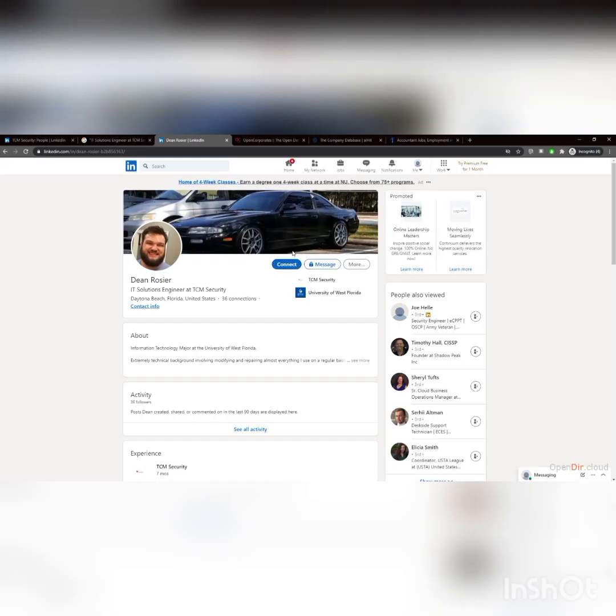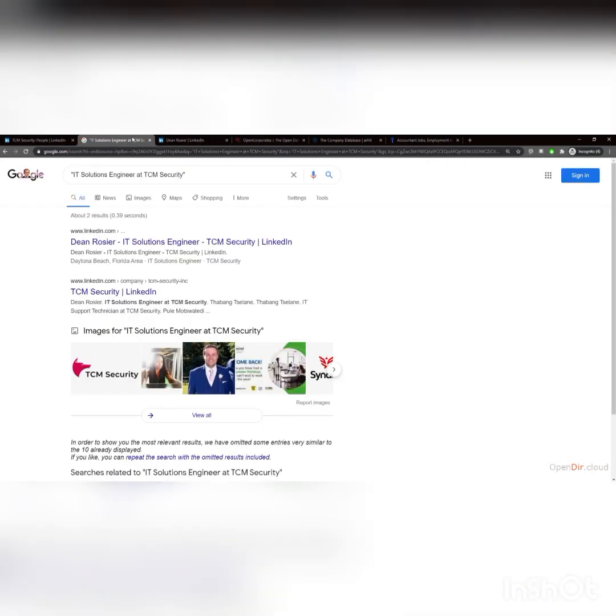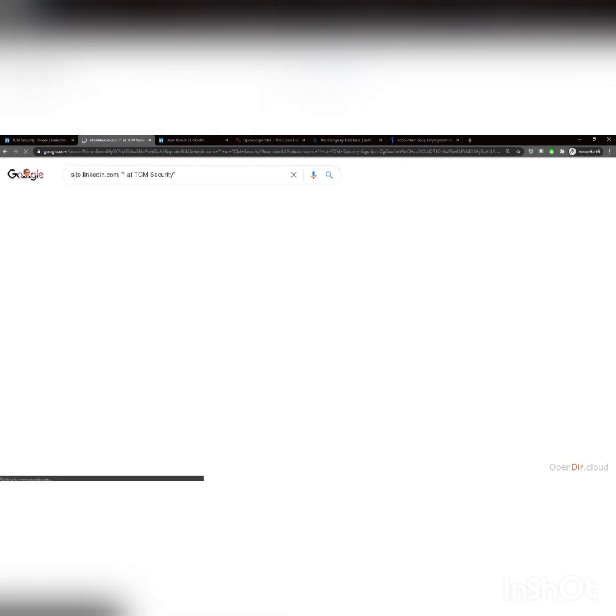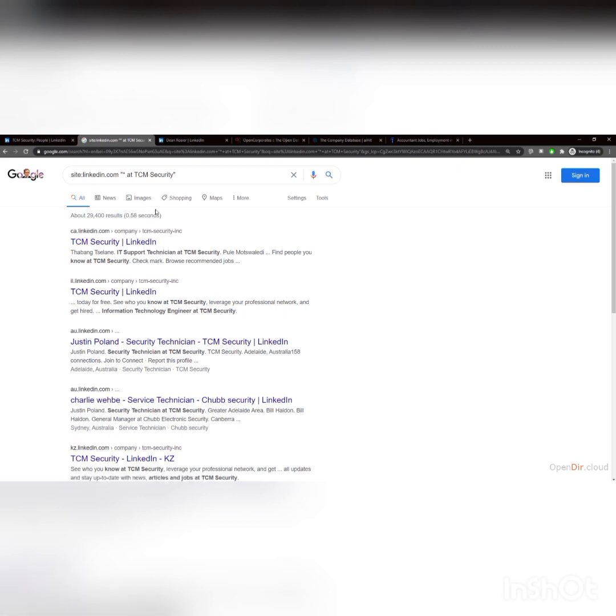Things that we want to try to identify. Other things that we can do is you can kind of limit this search. Instead of saying I want to know exactly what, you can do something like an asterisk here and do a wildcard, and you can come in here and say site: linkedin.com and see what happens. So here's somebody that's saying they're an IT support technician.